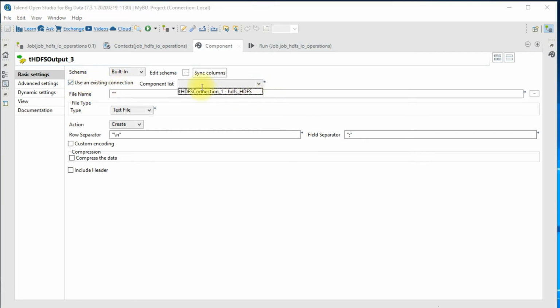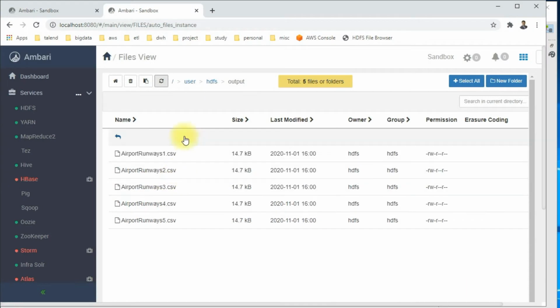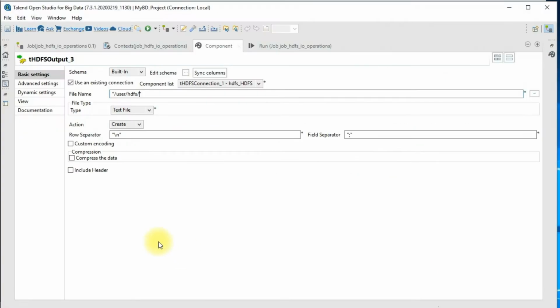I just use the existing connection, and under the file name we would give /user/HDFS, and we had user HDFS and output, /output. Under that we will give the file name. We will call it department.csv, and this is going to be a text file.